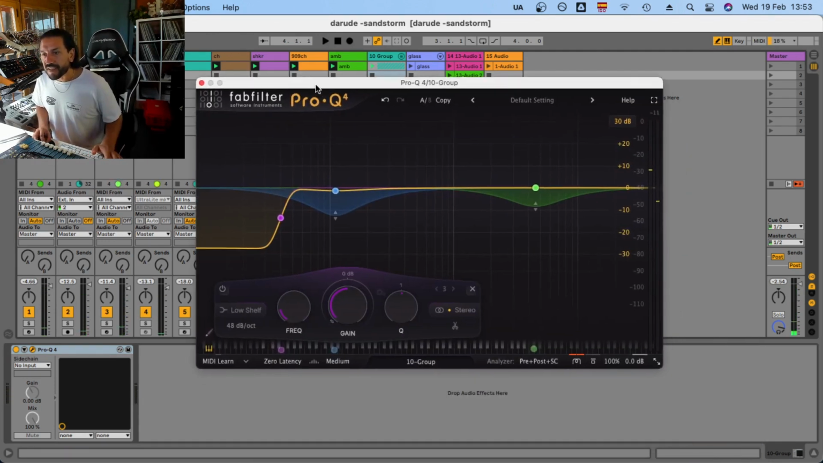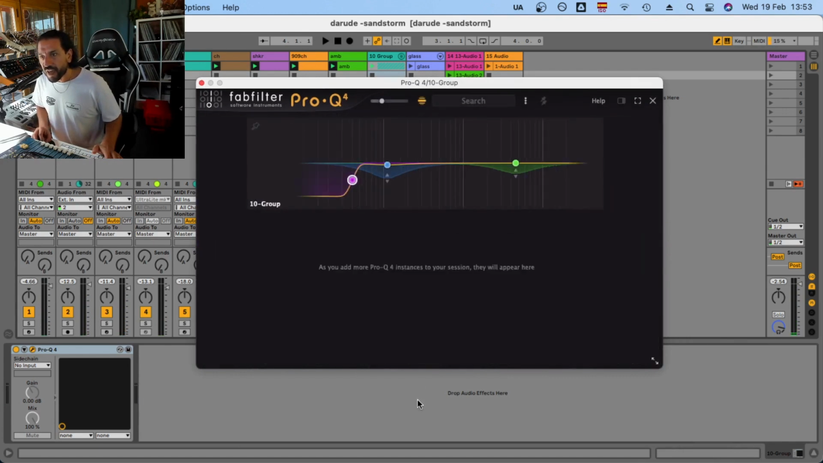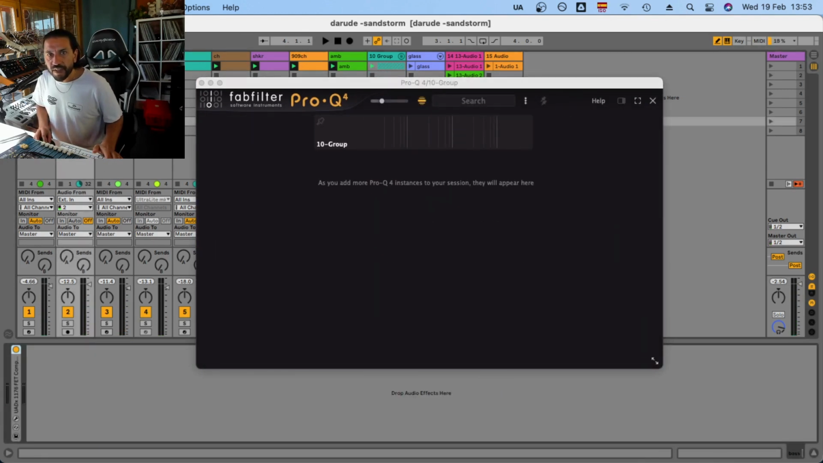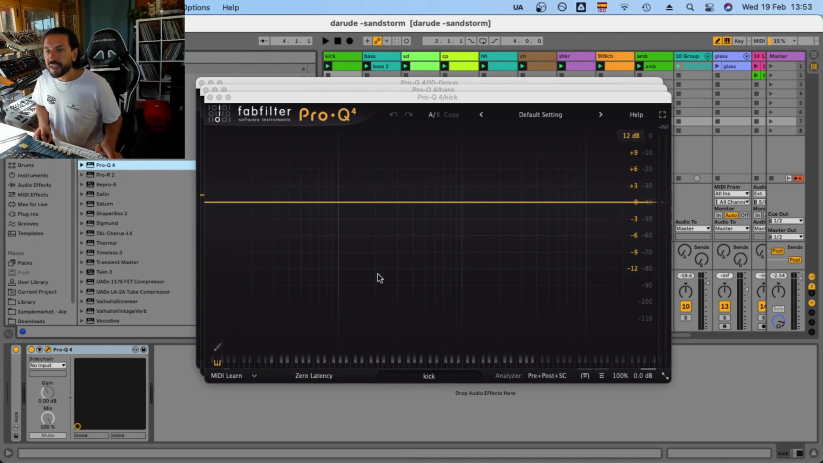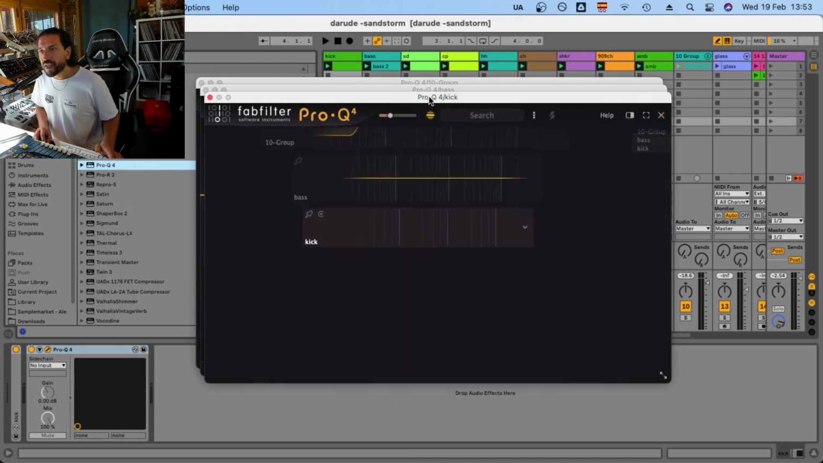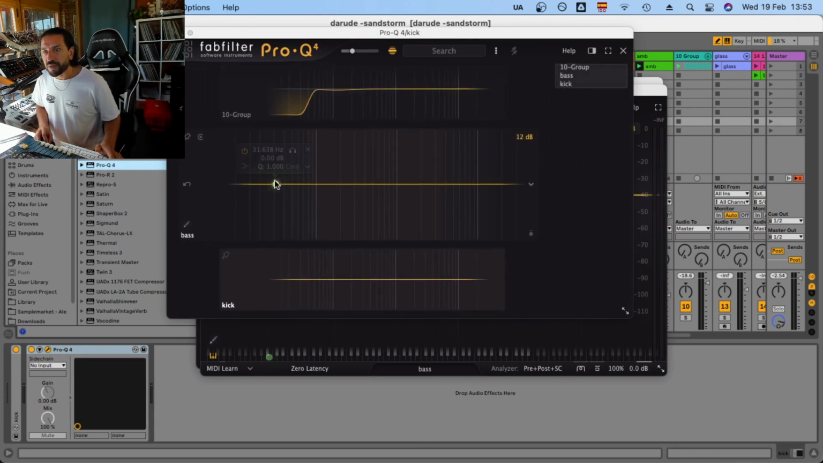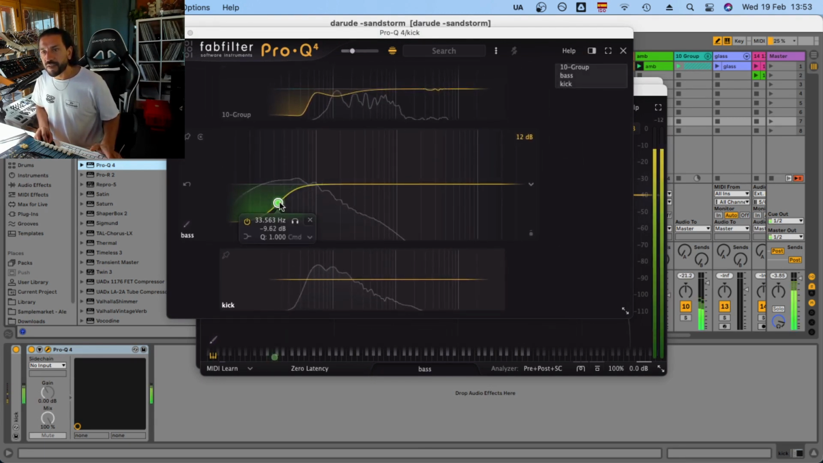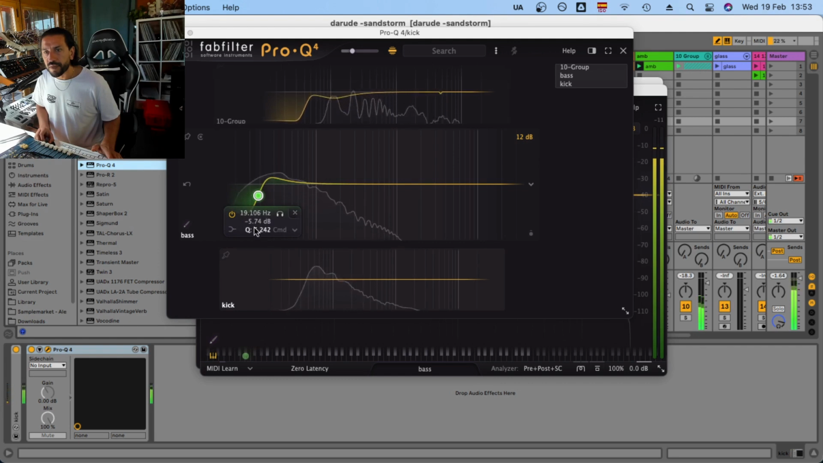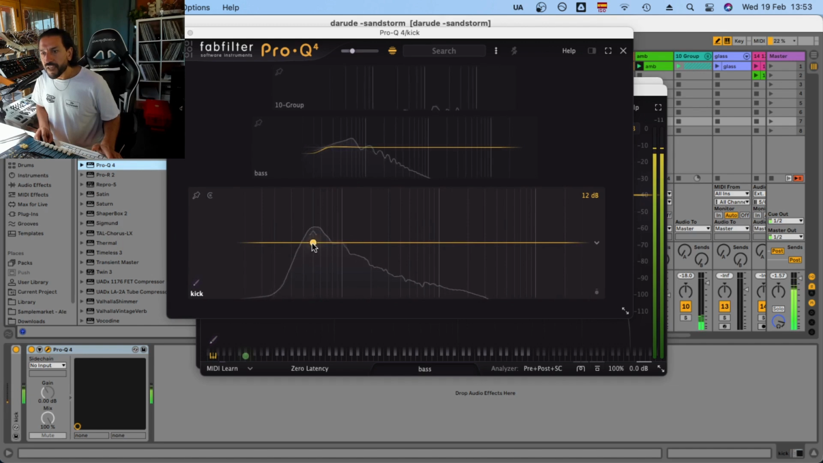Yeah, and something else that is very cool is that now you have this page that, when you add more plugins in different channels, you can have everything in one page, like this. And then you can do stuff like that. This is the bass. And then here we have the kick drum. And also you can add